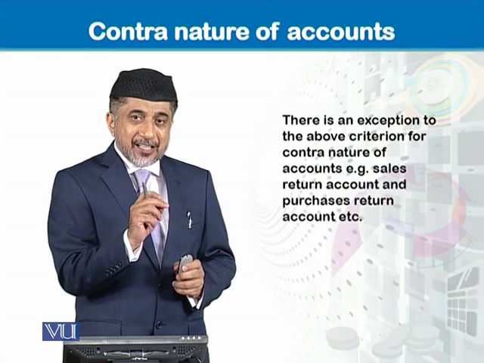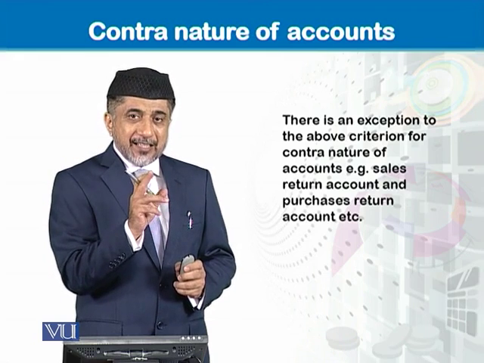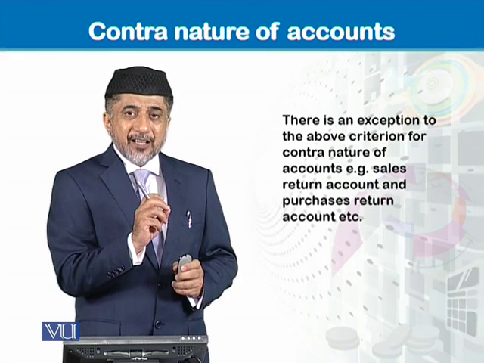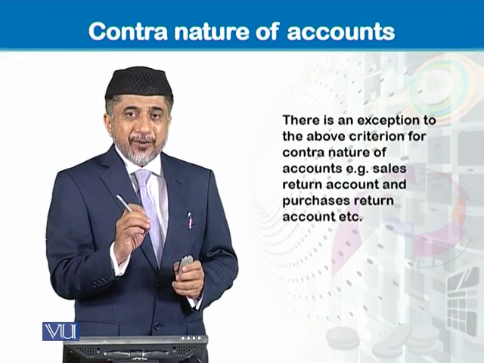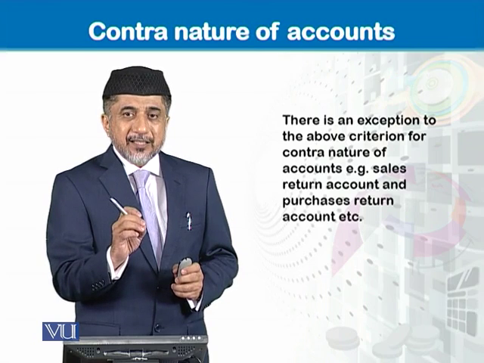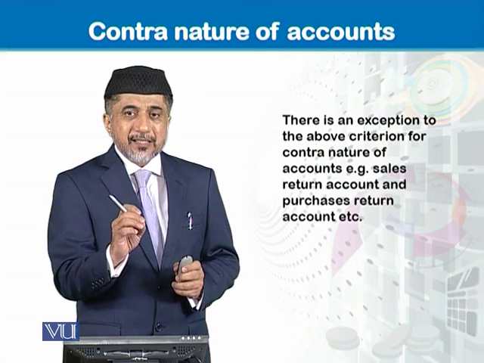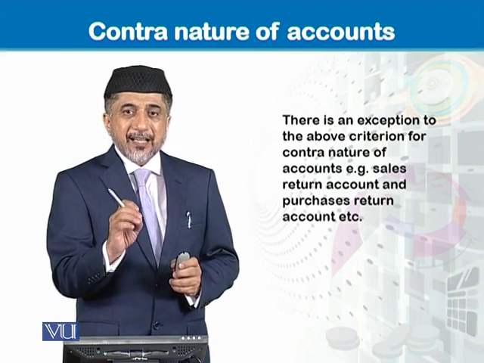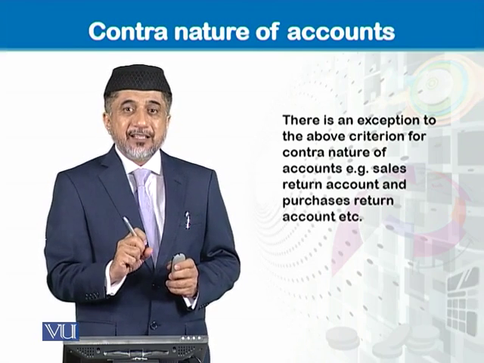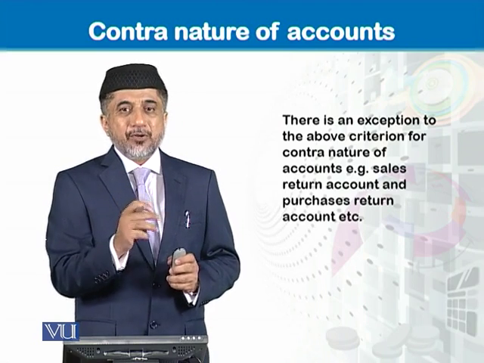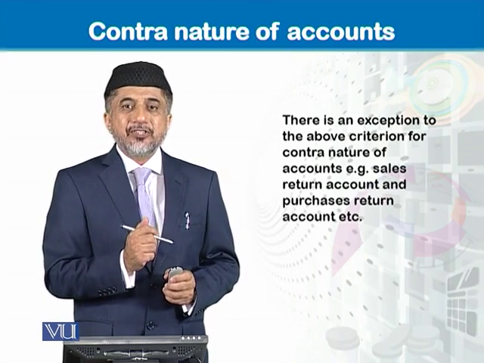So sales having credit nature and sales return contra to sales, therefore the sales return would always be taken as debit. So the debit side of sales return would always be heavier because sales return is also a contra nature of